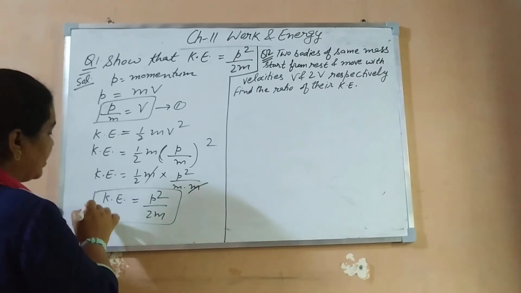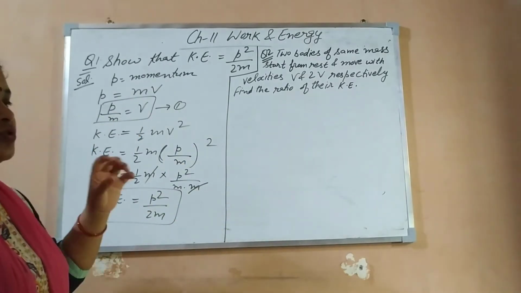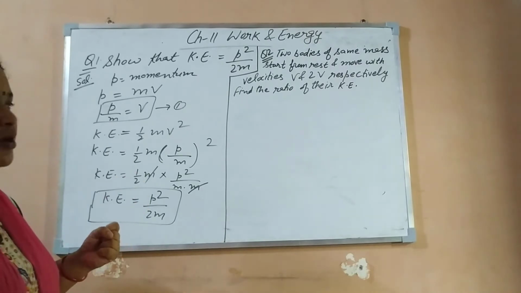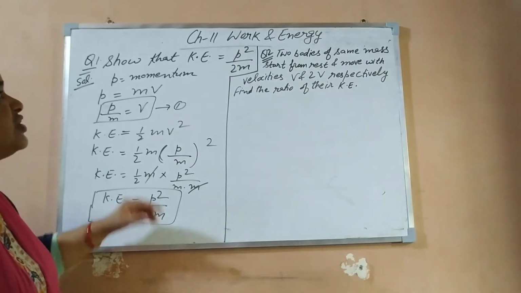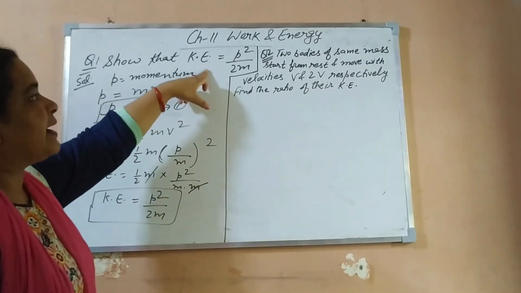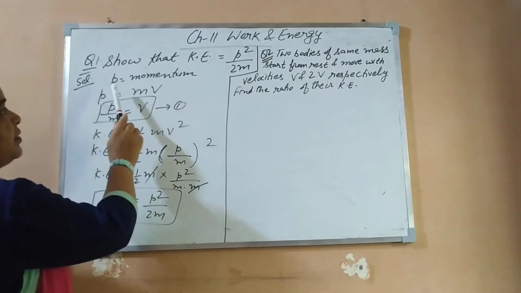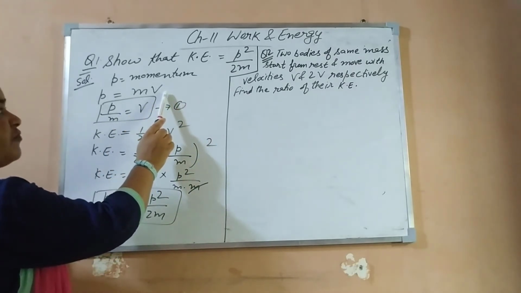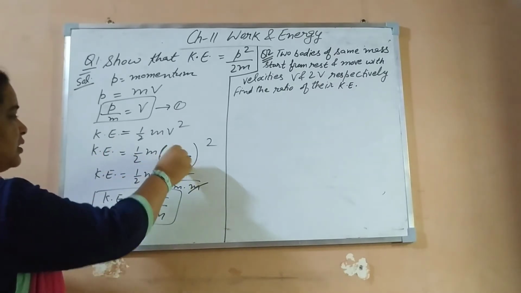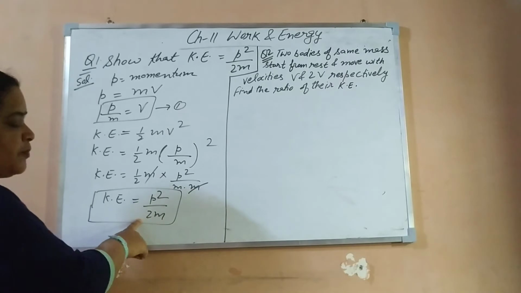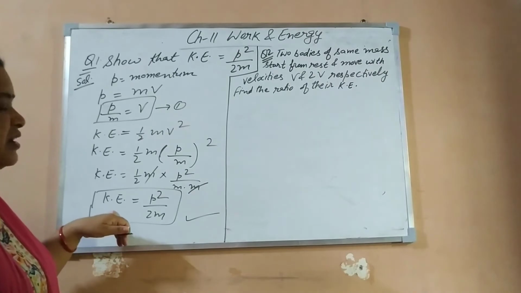It's very simple, but sometimes in numericals momentum is given. They used to say that this is the momentum of the moving body, and this is the mass, calculate its kinetic energy. So instead of solving this derivation, we can directly use this formula: kinetic energy is equal to P square upon 2m. So I have proved how this comes. P is the momentum, P is equal to mv, product of mass and velocity. Calculate the velocity value from here and substitute in the kinetic energy formula, and you will get kinetic energy is P square upon 2m. You can learn this formula also, that momentum and kinetic energy are related by this formula.